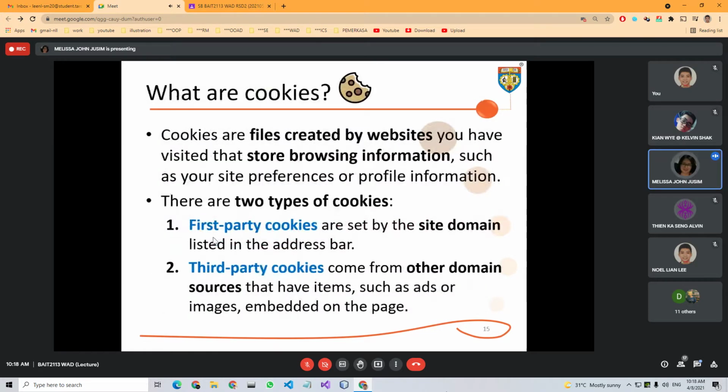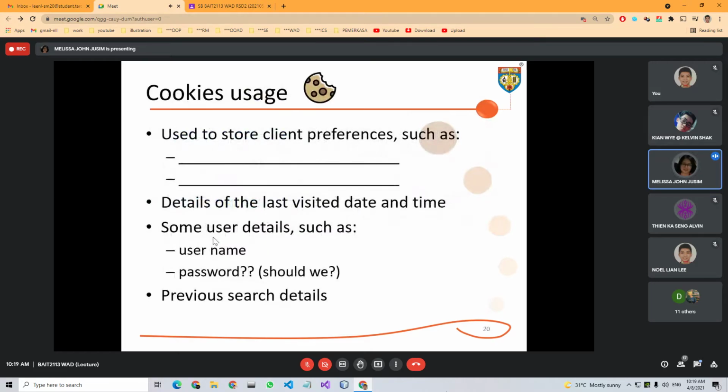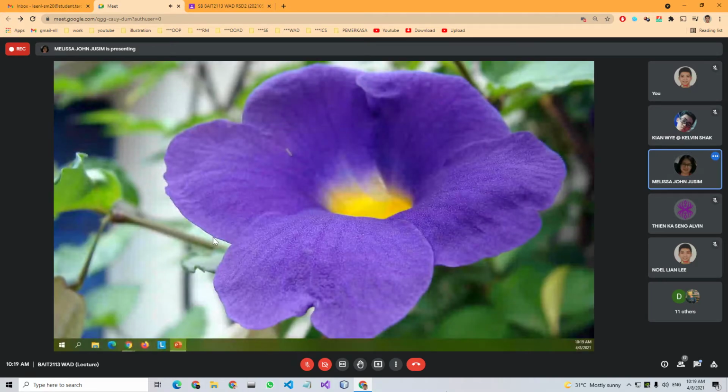Cookies are files created by websites you have visited that store browsing information, site preferences, or profile information. So you can think of an example and put it in the chat box. Let me stop the recording, and I'll continue after this.